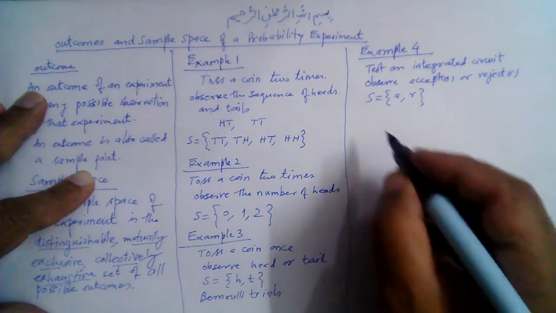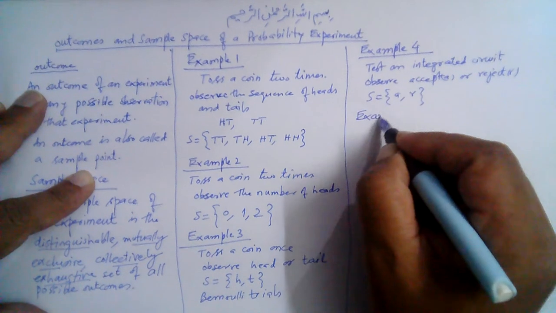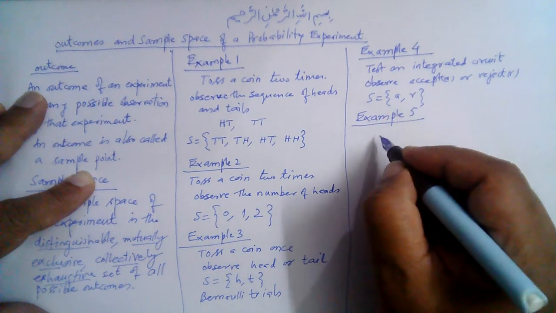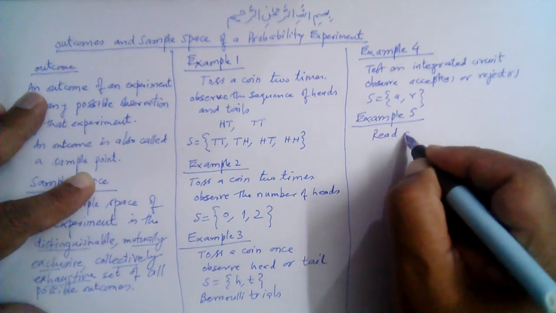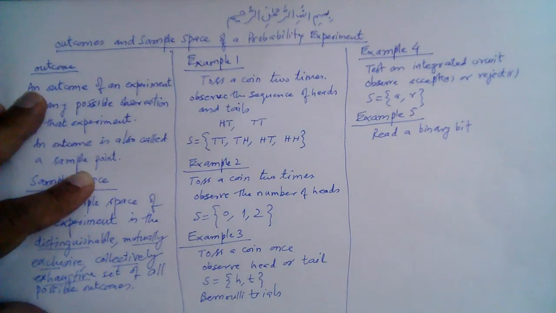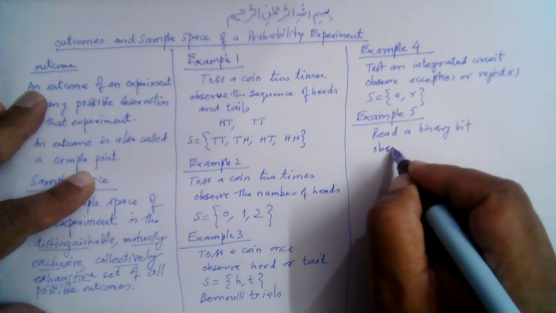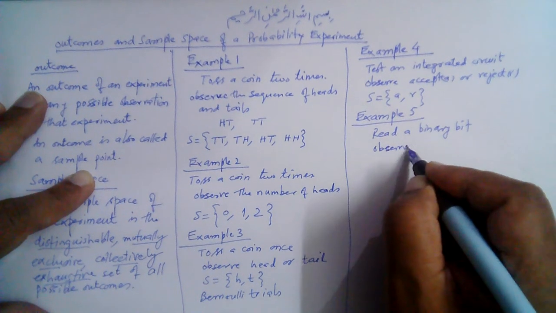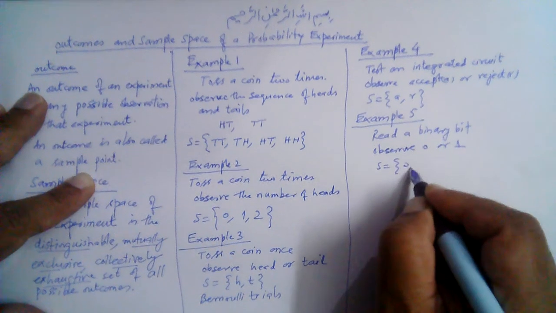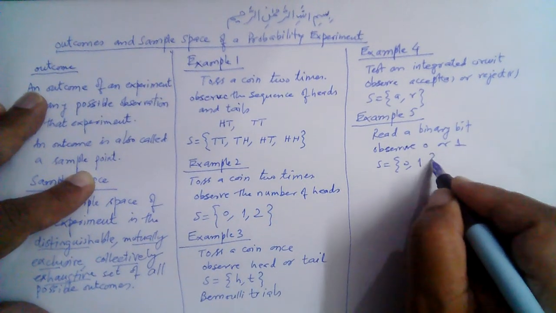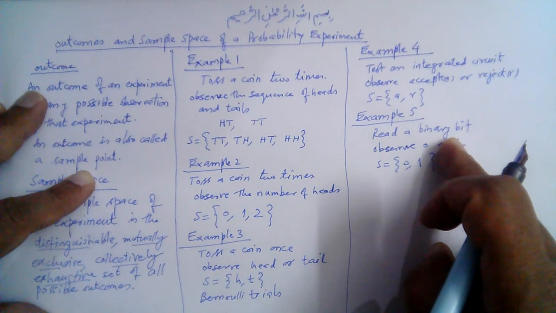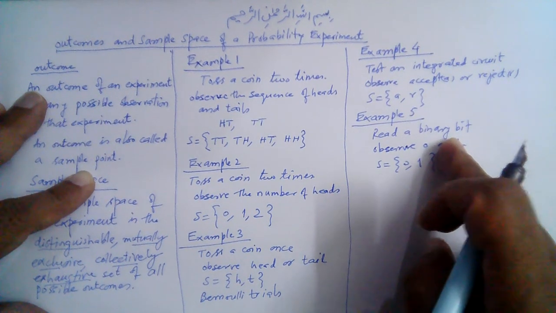Similarly, an example from engineering: read a binary bit. Observe 0 or 1. So the sample space is 0 or 1, right? So examples 3, 4, 5, all these are examples of Bernoulli trials, because there are only 2 possible outcomes,